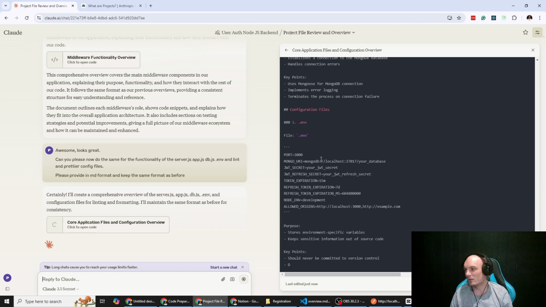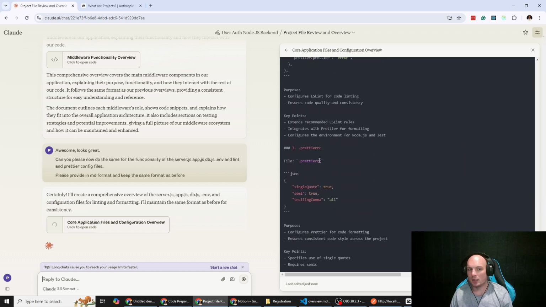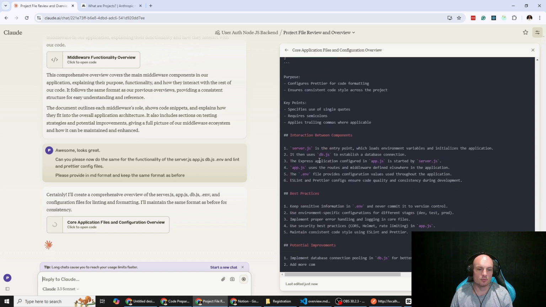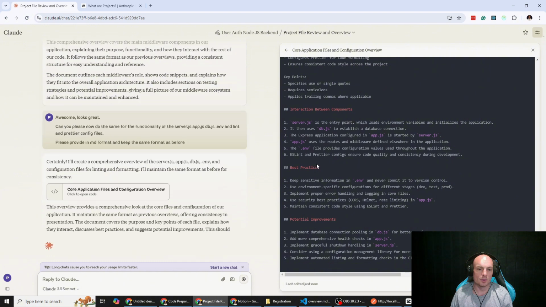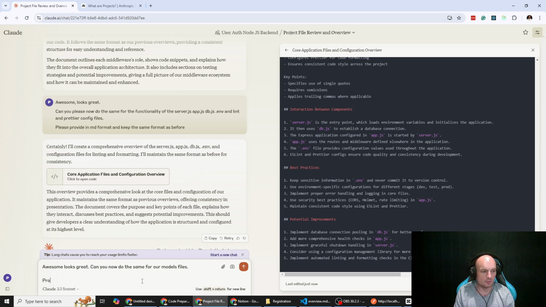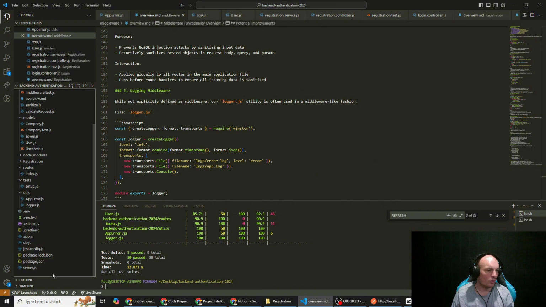We need to also do our user models. I wanted to explain that. Awesome. Looks great. Can you now do the same for our models files? Provide an MD format. All right. I want to copy, and we will do overview